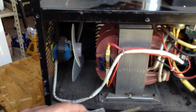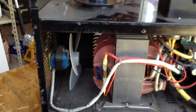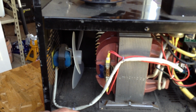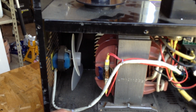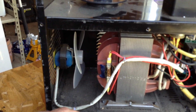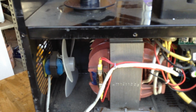Now, if you're trying to weld all day, every day with these things, you're going to need about 3 of them so that you're running a cooling cycle on any 2 while you're using one of them. Okay, so if you're doing a more extensive welding job, you've got to do it that way. But my experience has been I can get by with 1 to carry in a truck for these quick little